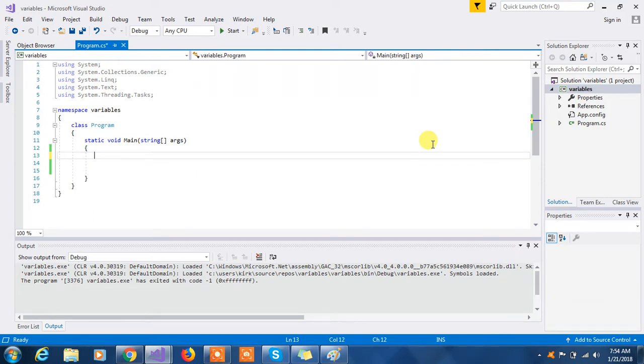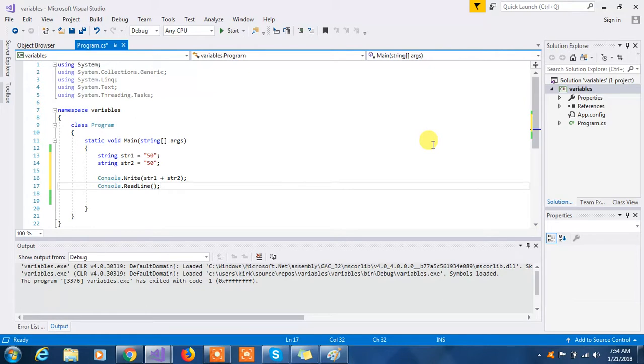In this tutorial, we'll be talking about type conversion in C#. So I'm just going to go straight into the example of type conversion. Here we have a string variable called str1 that holds the string value 50, and a string variable str2 that holds a string literal 50. Now, what we're going to do is console write str1 plus str2,